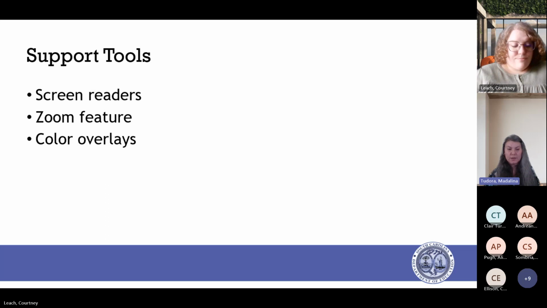What I didn't talk about earlier when I talked about text to speech, and I want to make sure I say this, is make sure you use these appropriately when it comes to text to speech versus screen readers.